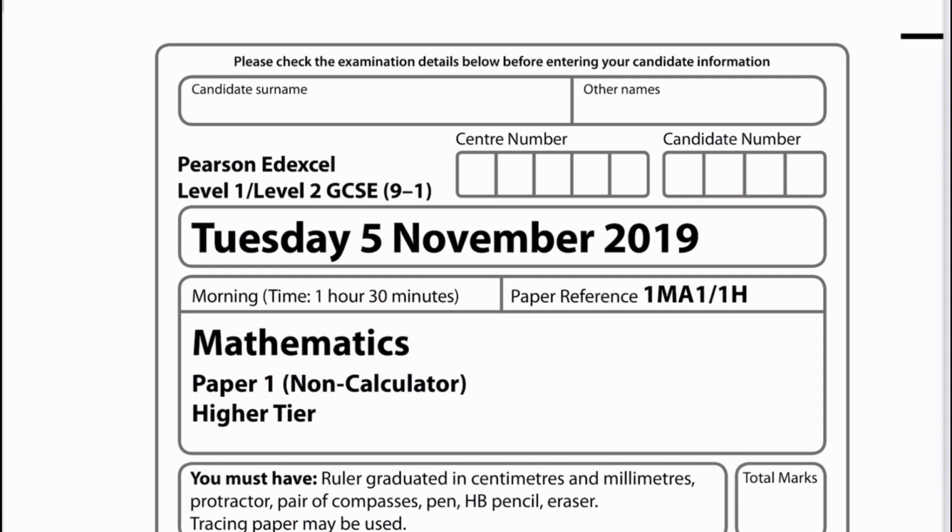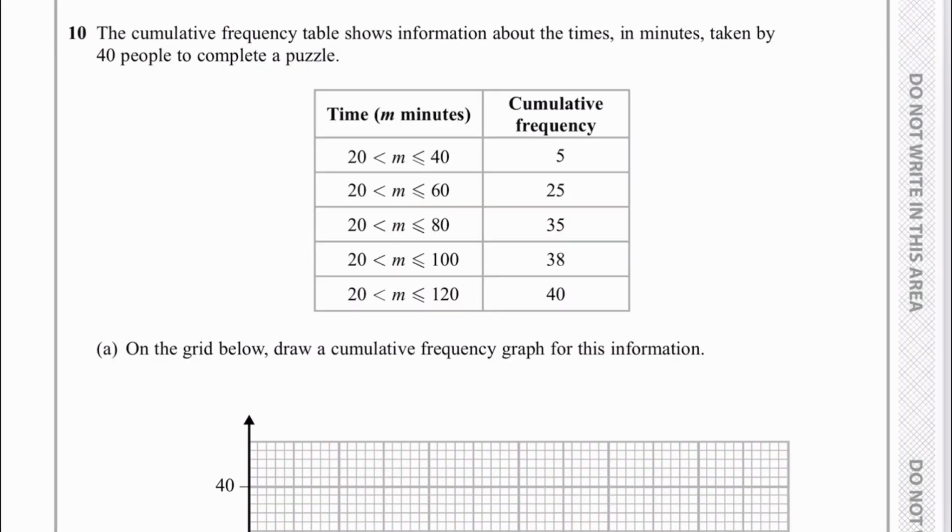Hi, so this is the second video where we're looking at the November 2019 higher tier maths paper for Edexcel. In the previous video we completed through to question number 9, so in this video we're going to complete from question 10 onwards. Okay, so here we are at question number 10 and we're being asked to plot a